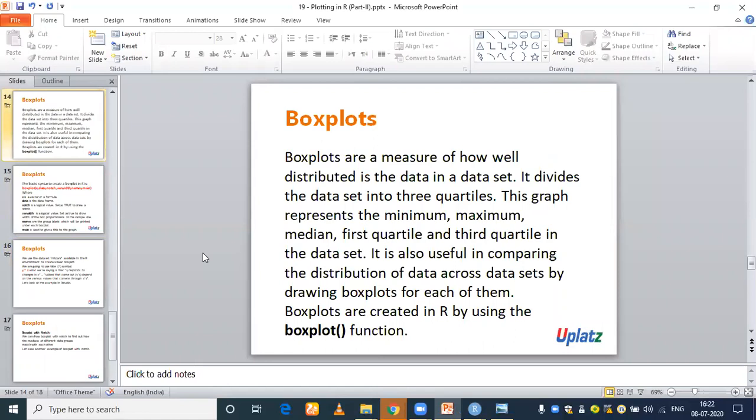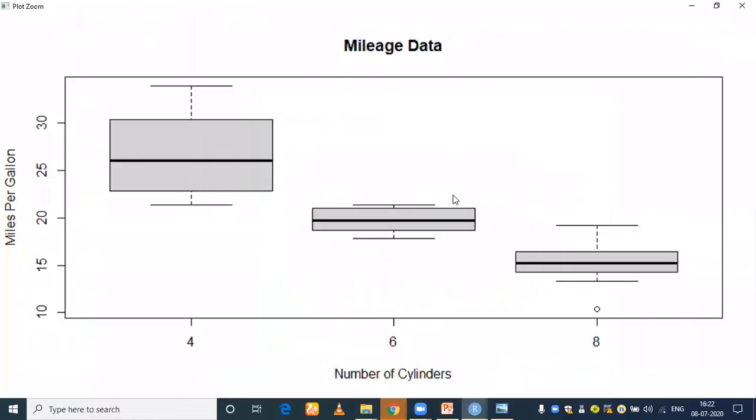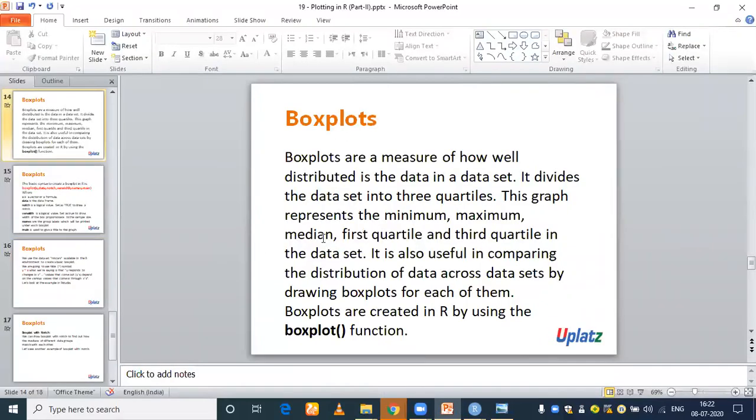Box plots are a measure of how well distributed the data is in a data set. It divides the data into 3 quartiles. So see here. Can you see that? This graph represents the minimum, maximum, median, first quartile, and third quartile in the data set.